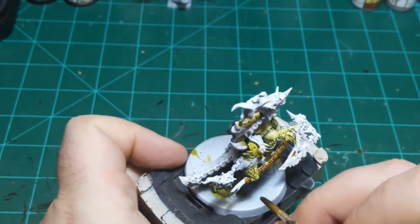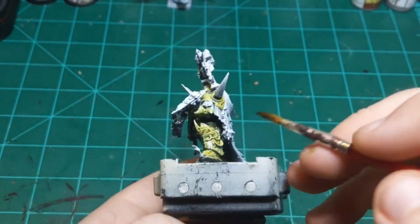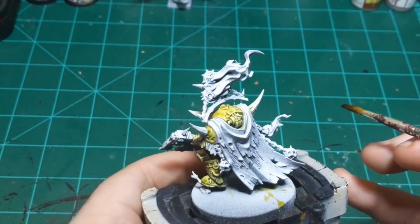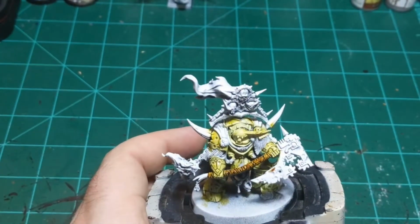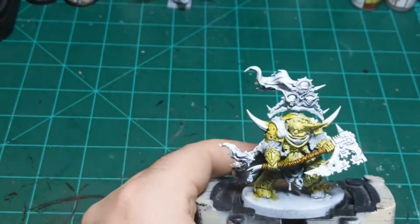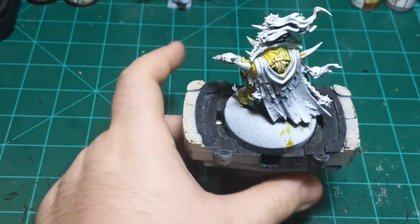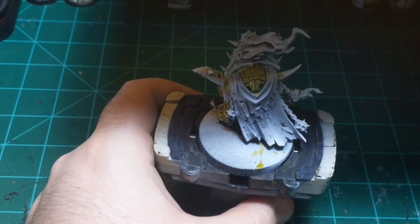The wrapping, I guess. There we go. Fine. Just checking to see if anything else could potentially be this color. I don't think so. Good. Then I will do the cape. Am I going to do a two-toned cape this time? I think I am. So I'm going to get